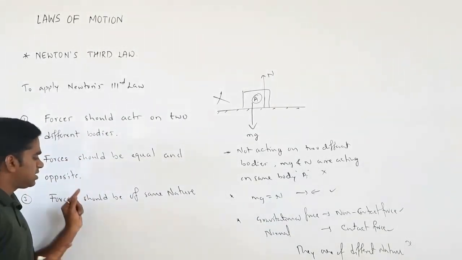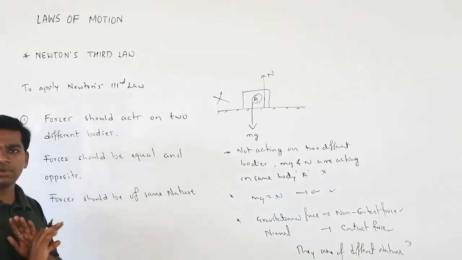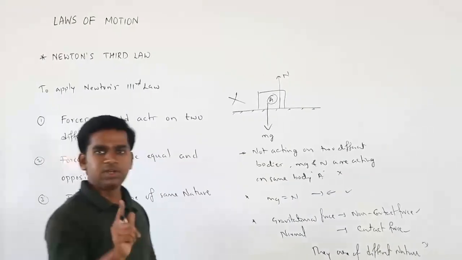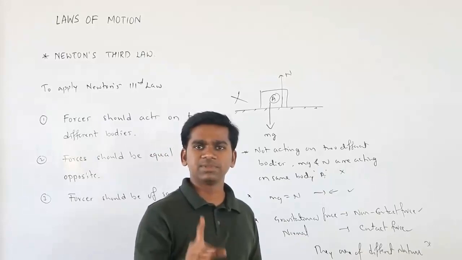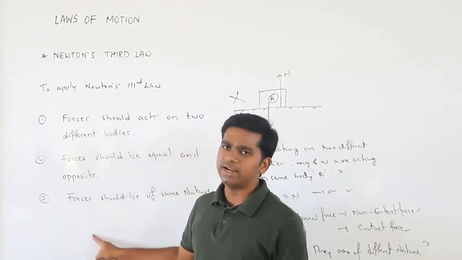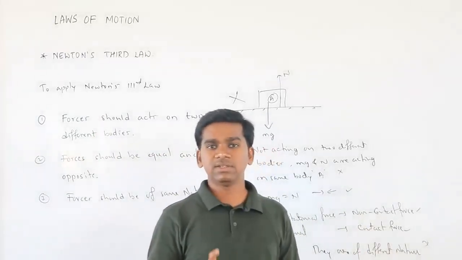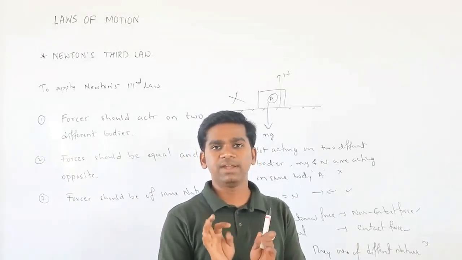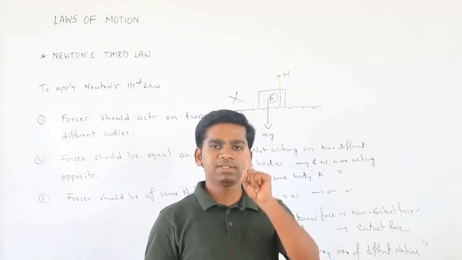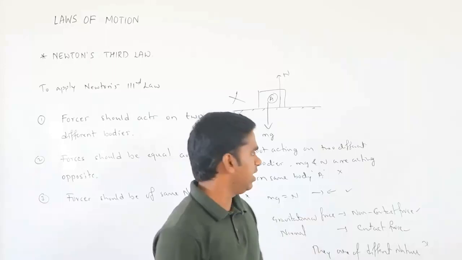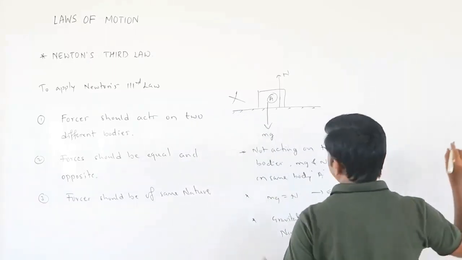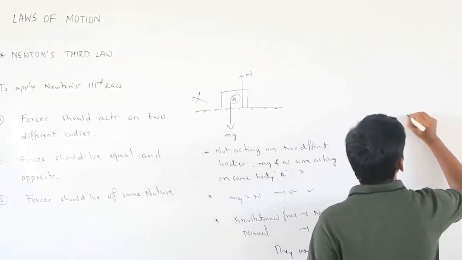If even a single one is not holding, you are not supposed to take that as an example for Newton's third law. So whenever examples come, you have to apply these three conditions. If these three conditions hold, then only you can take that as an example. If even a single one is not holding, that is not going to be an example. So if I consider the gravitational force,